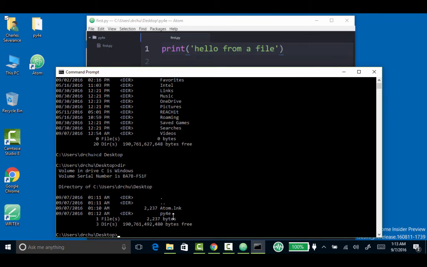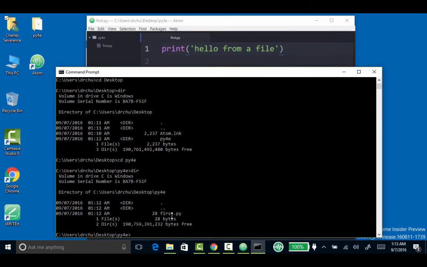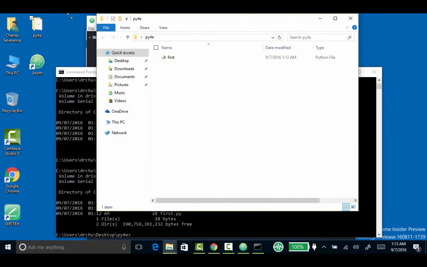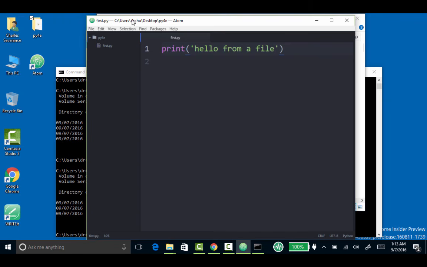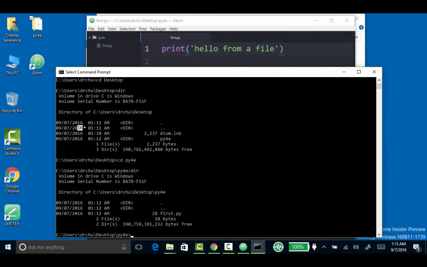PY4E is PY4E. Now I can type cd, which stands for change directory, PY4E, and I can do a dir, and now you see first.py, and that's the same as if I'm diving into this folder. Here's this file, first.py. Windows hides the suffix, which is somewhat annoying and frustrating, but that suffix is there, that file is there. One of the things you've got to figure out in Windows is how to make sure that you are in the same folder: users, Dr. Chuck, desktop, PY4E, and that's the name of this file, and here as well.